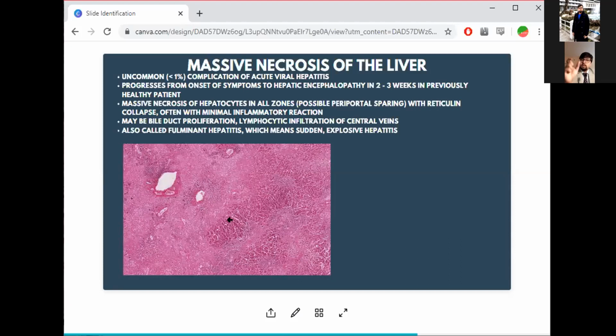Now, that is a good thing and that is a bad thing. The good thing is that, okay, if there is a lot of damage, it can be expected to return to normalcy. The bad thing is it makes it very easy to form hepatocellular carcinoma, right? It makes it very easy for fibrosis to take place.